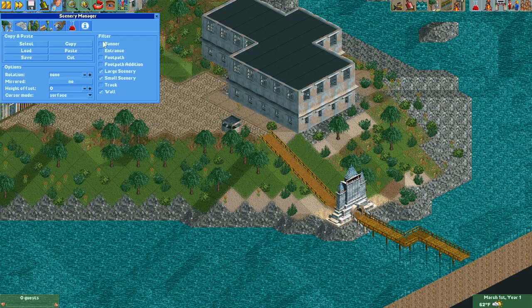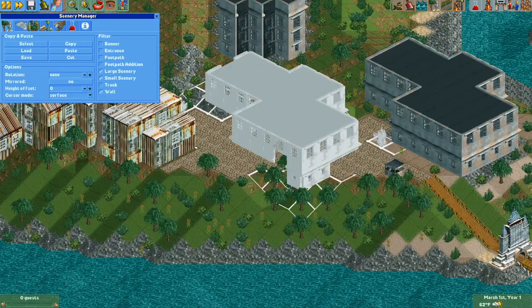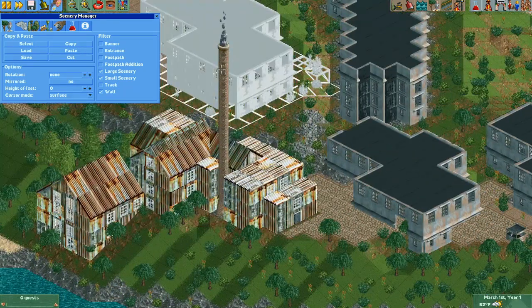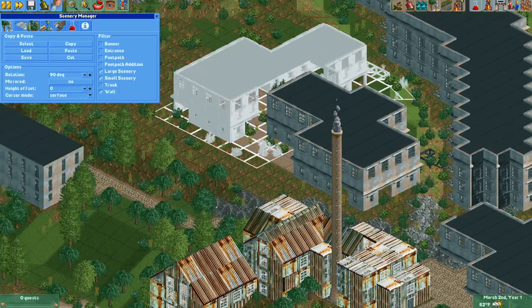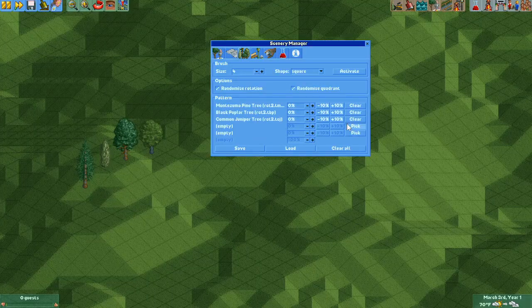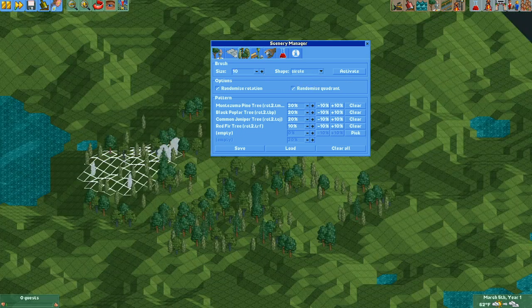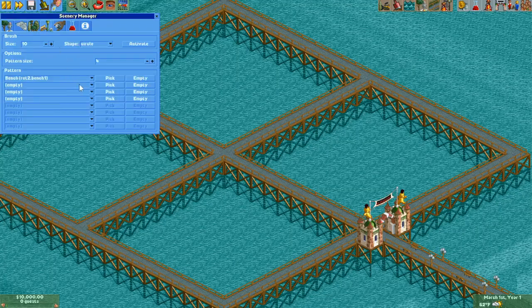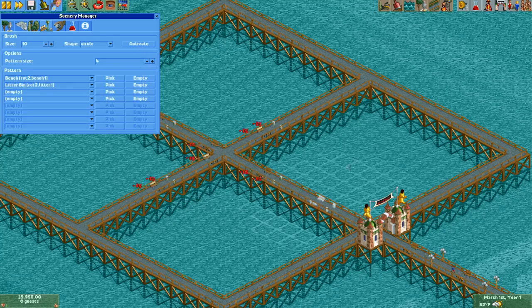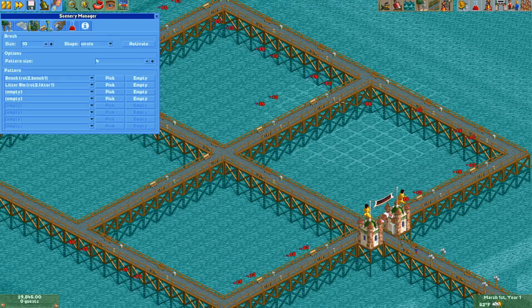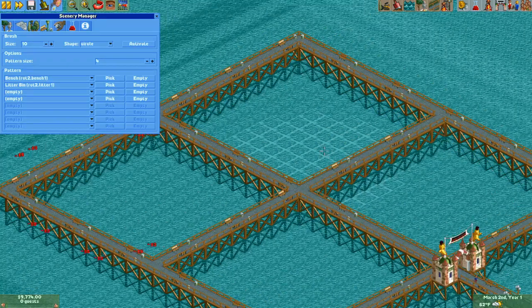Not only can the tool copy and paste large chunks of scenery all at once, it can save patterns for later use, even in another park if you like. If that weren't enough, it also comes with its own scatter tool, great for generating forest on the fly. And for the lazy scenario players, it'll even help you with placing benches and bins in bulk. And with fully fledged hotkey support, it's by far one of the most comprehensive and well-developed plugins for the game out there today.